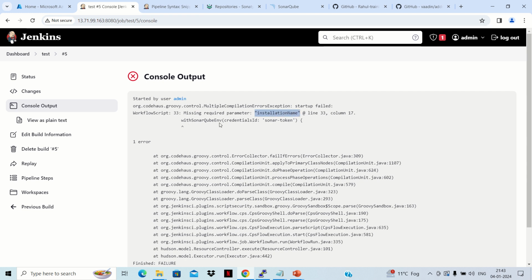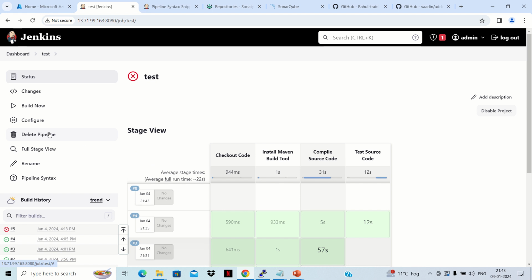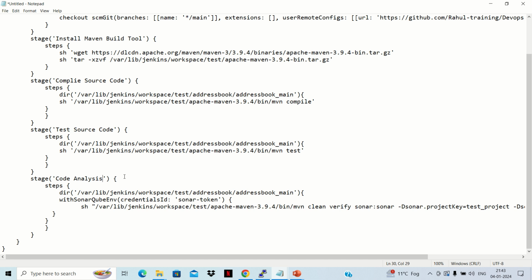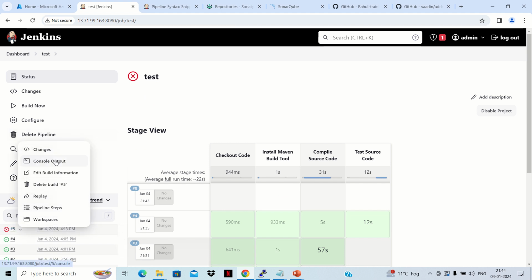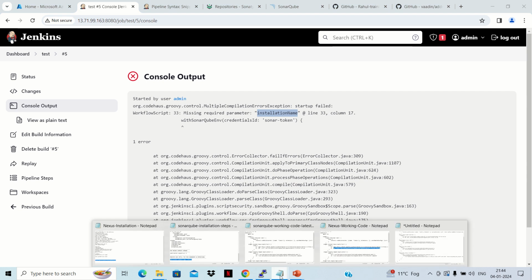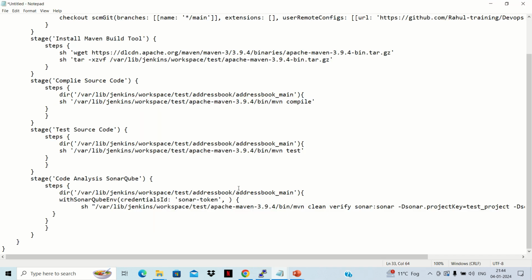So with the SonarQube environment, the credential ID is there, and we also need to pass the installation name. So we'll go to our code, and let's add SonarQube here also. We need to add one more parameter here. So place a comma and then a space, and what it was saying is that we need to place the installation name. So we'll copy it and we'll place it here,